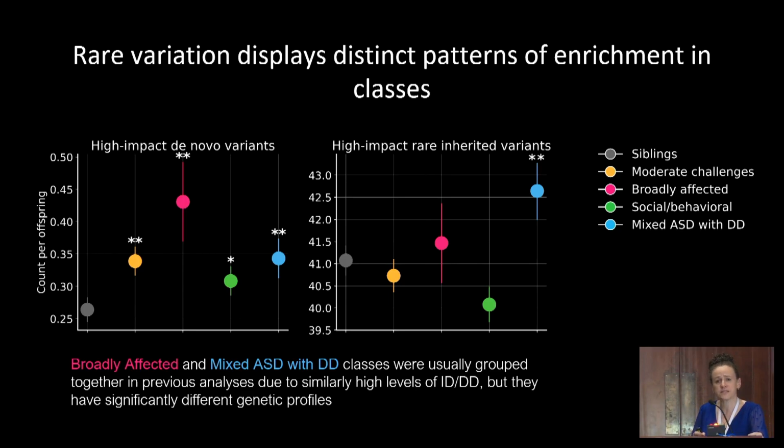But previous studies really focused on specific axes, nearly always either an axis of intellectual disability or the axis of motor skills, or both. And essentially, if you look at that axis, for example intellectual disabilities, the levels of ID in those two subclasses, in the pink, broadly impacted, and the blue, mixed ASD with developmental delay, are pretty much identical. They're completely indistinguishable. Yet you can see here, not just the biology, the pathways that are impacted in these four subclasses is totally different, including those two. But here you can see even the mechanism of mutations that are playing a role is different.